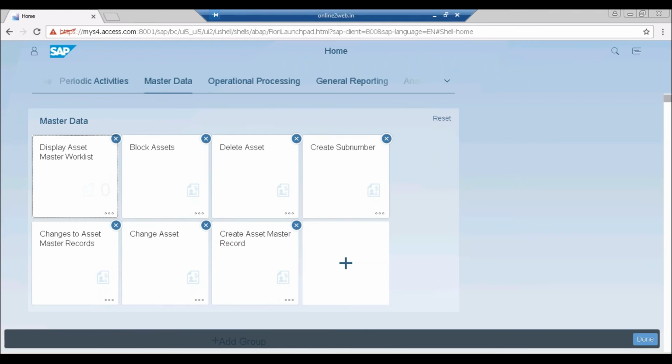Gaurav, sorry to disturb you. Whose responsibility is it to do all this? As a functional consultant, should we do it, or will the user himself do it? Are you talking about the activities we are doing now? Yes. This can be done by the user directly. If he is authorized for a particular transaction, he can manage his own launchpad. But if the purchasing user does not have all the sales transactions, who is going to? Exactly. Yes, in that case it is different.